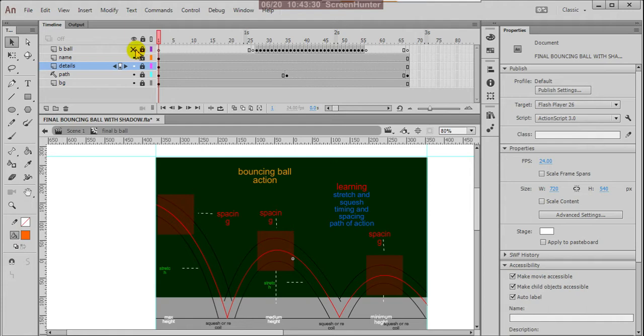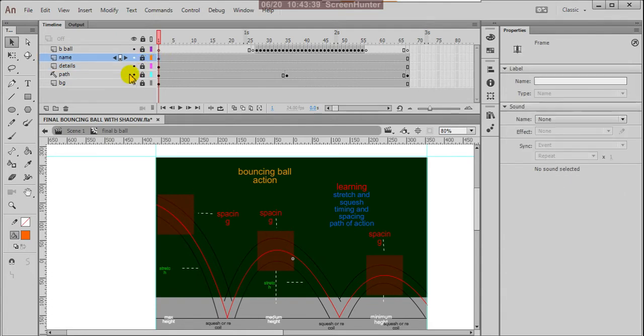These are the balls, and the second is the name, the third one is the details, and the fourth one is the path. Path means there is a route, the actual curve for the ball to travel from one place to another, and this is a Bezier curve.